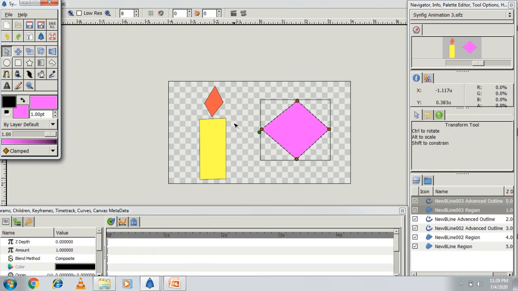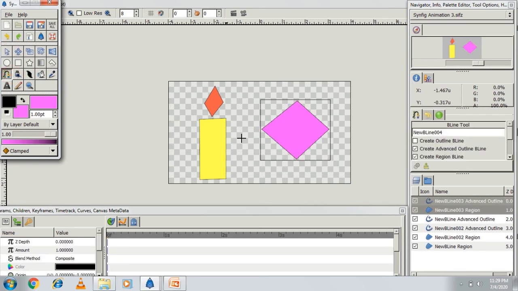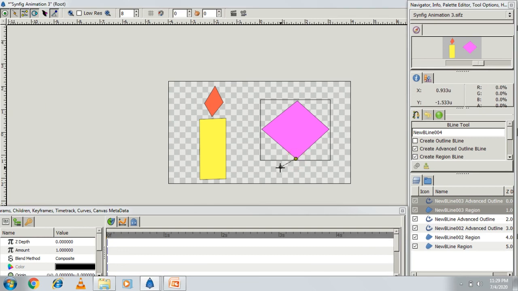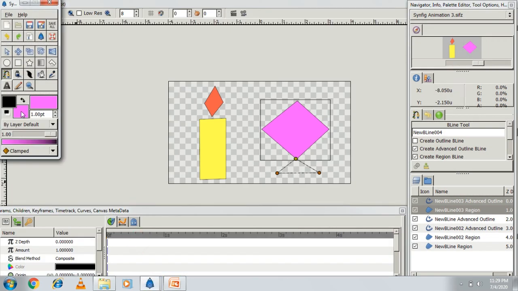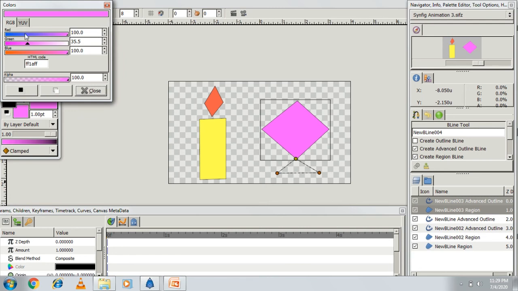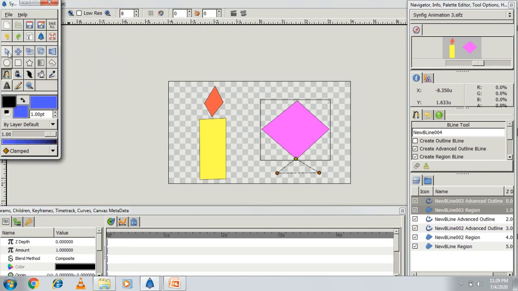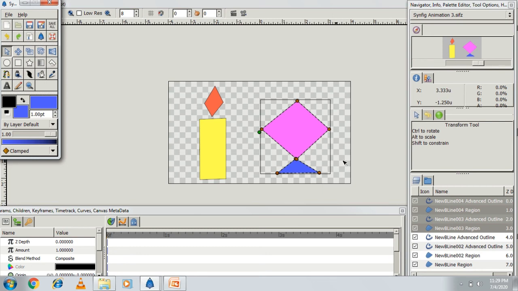Okay, now again using the beeline tool, loop beeline. Again I change this color first, apply. So this color is changed.